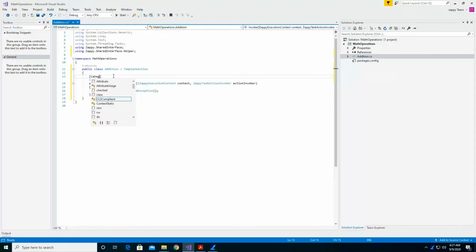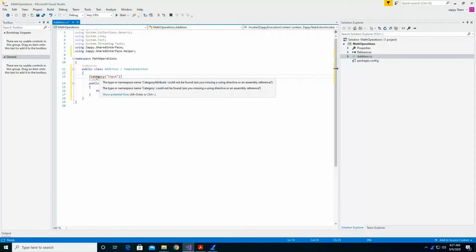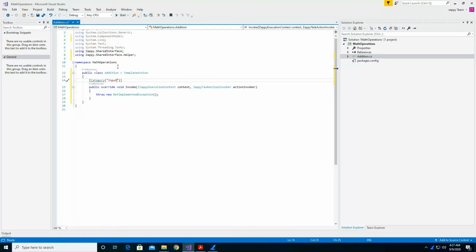This is how we start writing to declare the variables: Category. Once you type this, place your cursor on Category and it shows that this is not implemented. Click here. This is System.ComponentModel, so it's asking for this particular library to be included in the program. Now we start declaring the variables.